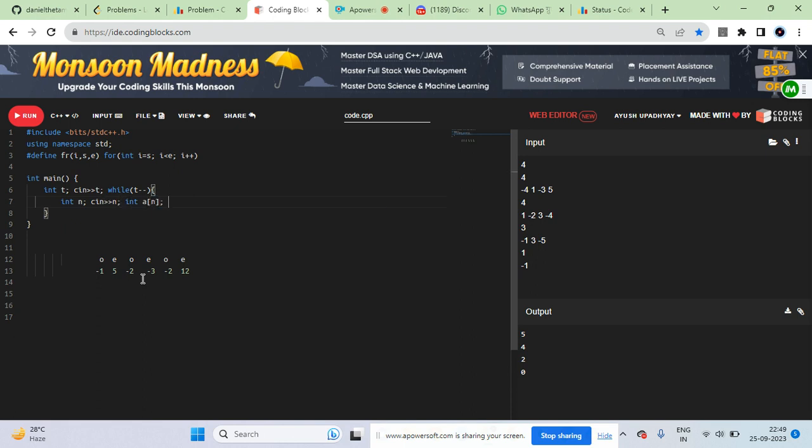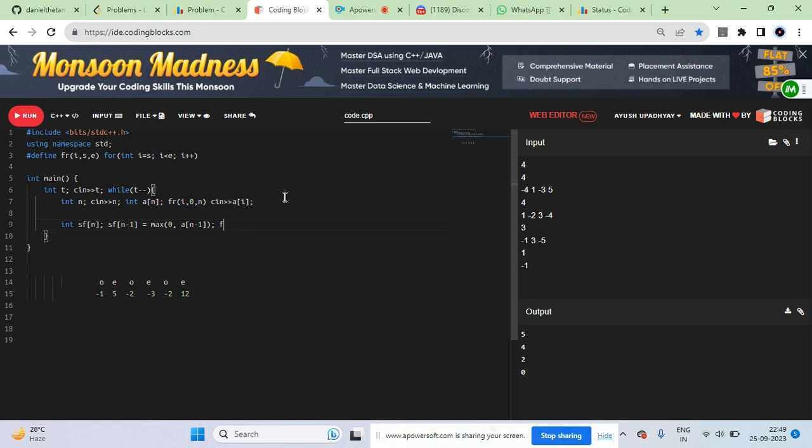int n, and for i = 0 to n, cin a of i, and what you need to do, suffix is the most important thing, sf का नाम का बनाते हैं, sf of n-1 is equal to max। सफिक्स में भी कुछ भी इंपॉर्टेंट नहीं है, सफिक्स में केवल पॉजिटिव इंपॉर्टेंट है, ठीक है, सफिक्स में सब कुछ इंपॉर्टेंट नहीं है, ओनली पॉजिटिव एलिमेंट के लिए मैं जाऊंगा, तो इसलिए मैक्स लूंगा, 0 और a of n-1 का, हो सकता है वो नेगेटिव हो तो।